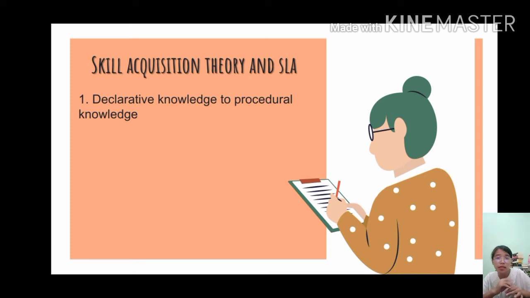Because I have discussed earlier that declarative knowledge is knowing the what's and procedural knowledge is knowing the how. So with the advent of outcomes-based education, especially in second language classrooms, it should be emphasized that the goal of second language teaching and learning